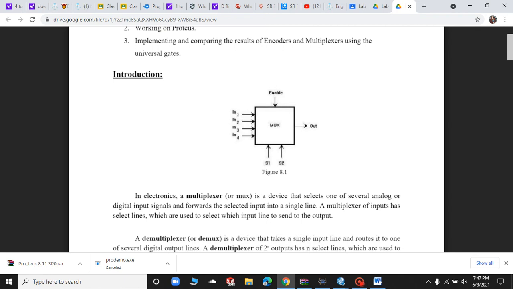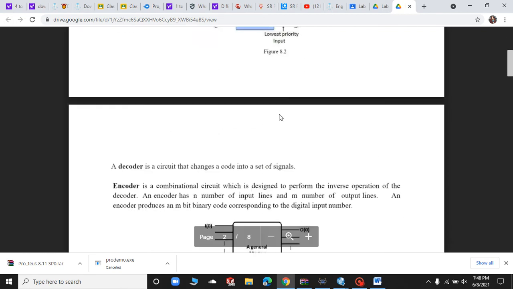We have 2 selection pins. The number of selection pins depends on how many inputs we are applying. The number of inputs is equal to 2 to the power n, where n is the number of selection pins of the mux.